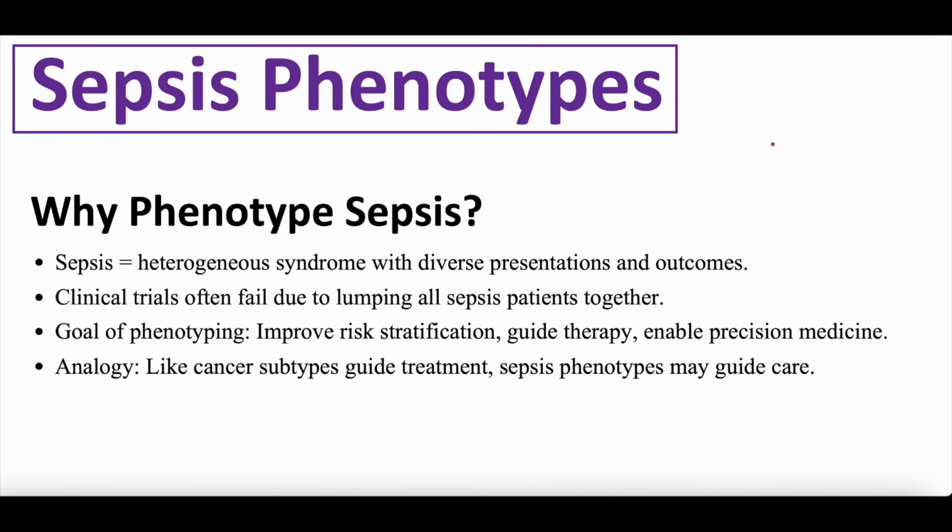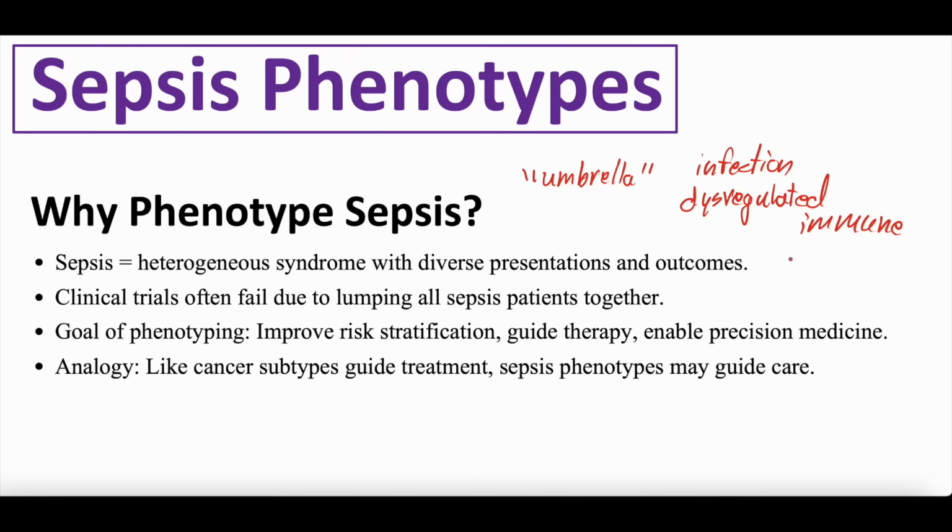Without further ado, sepsis phenotypes. Why phenotype sepsis? Well, sepsis in general, as we've talked about, is more of an umbrella term for a syndrome, okay? People get an infection, and that infection leads to a dysregulated host immune response. And that dysregulated immune response causes a number of downstream things, right? Cytokine release, endothelial injury, microvascular thrombi, adrenal suppression, mitochondrial dysfunction,